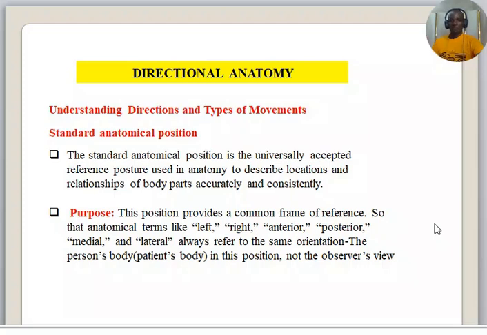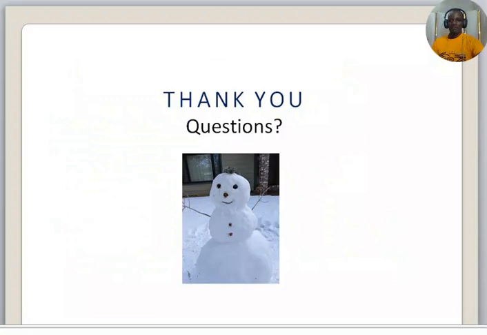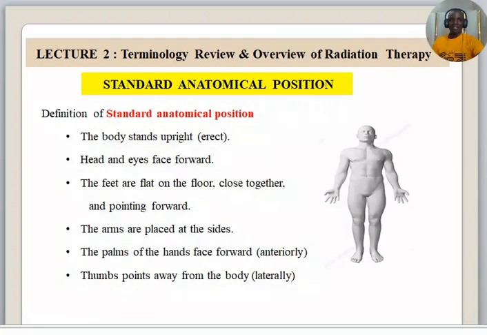The main purpose of using this is that it's a common frame of reference, so that anatomical terms like left, right, anterior, posterior, medial, and lateral always refer to the same orientation. So the person who is the patient whom you're treating is what you normally refer to. It's either left of the patient or right of the patient, not the observer. Always remember that. Thank you so much for attending this lecture. In our next lecture, we'll talk about standard